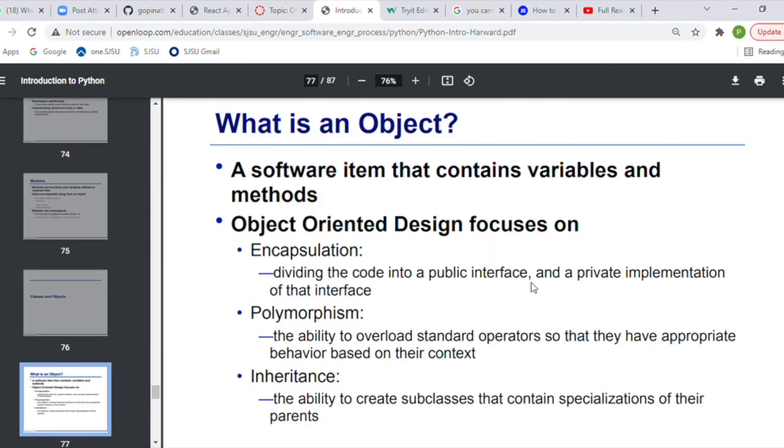A design that uses objects is object oriented design, or the object oriented programming model. Object oriented design focuses on encapsulation, dividing the code into a public interface and a private implementation of that interface. Then polymorphism, the ability to overload standard operators so that they have appropriate behavior based on the context.